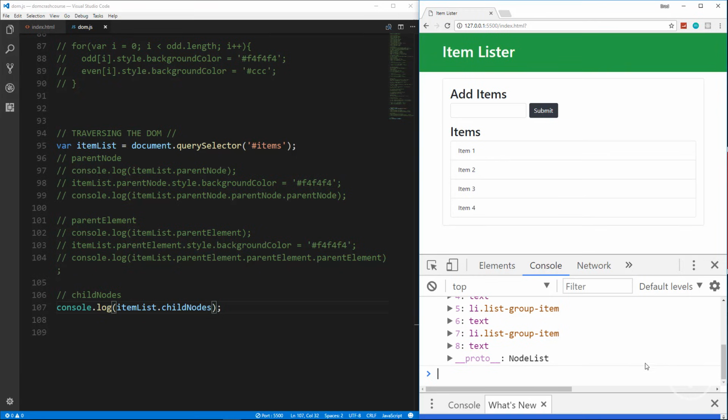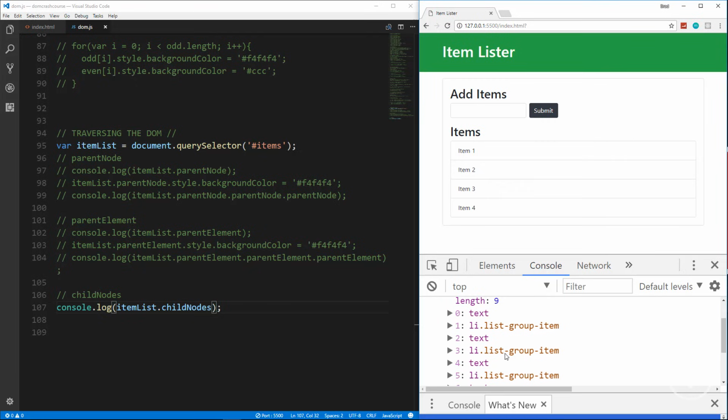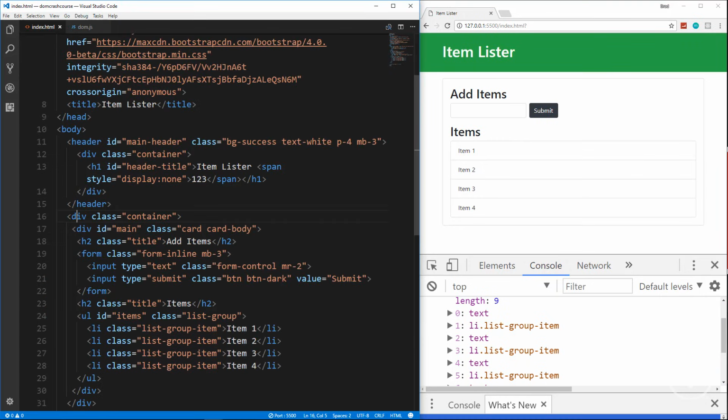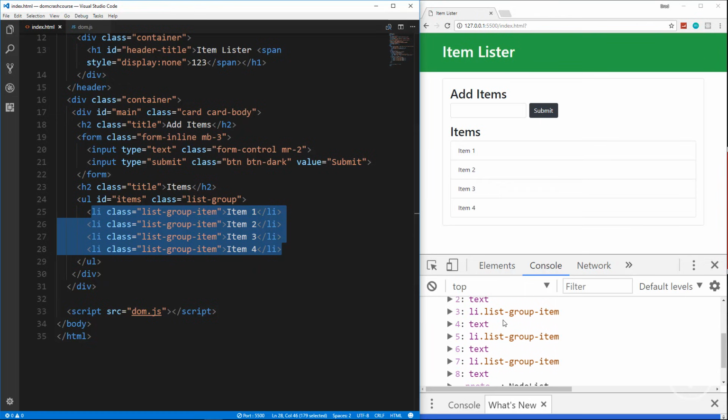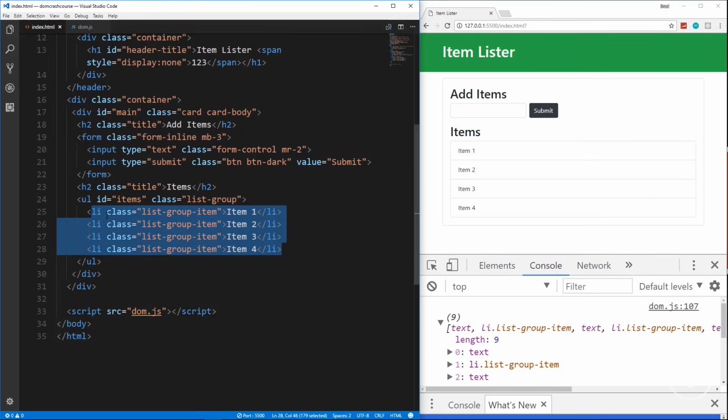So what we're getting is a NodeList, okay? So basically an array. And it's giving us all these different nodes, or all these different items here. We have 0, 1, 2, and notice that this 0 is actually a text node. Okay, so the text node just represents white space. So it represents if there's a line break or anything like that. So if we look in our HTML here, this is what it's grabbing. Now it's getting each list item, but it's also getting this text node in between, which is actually the line